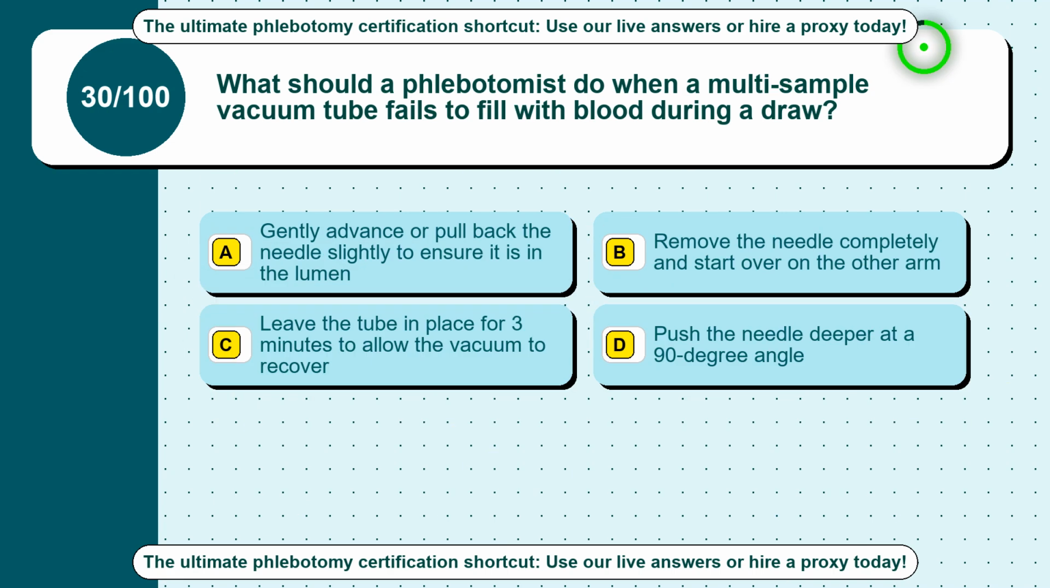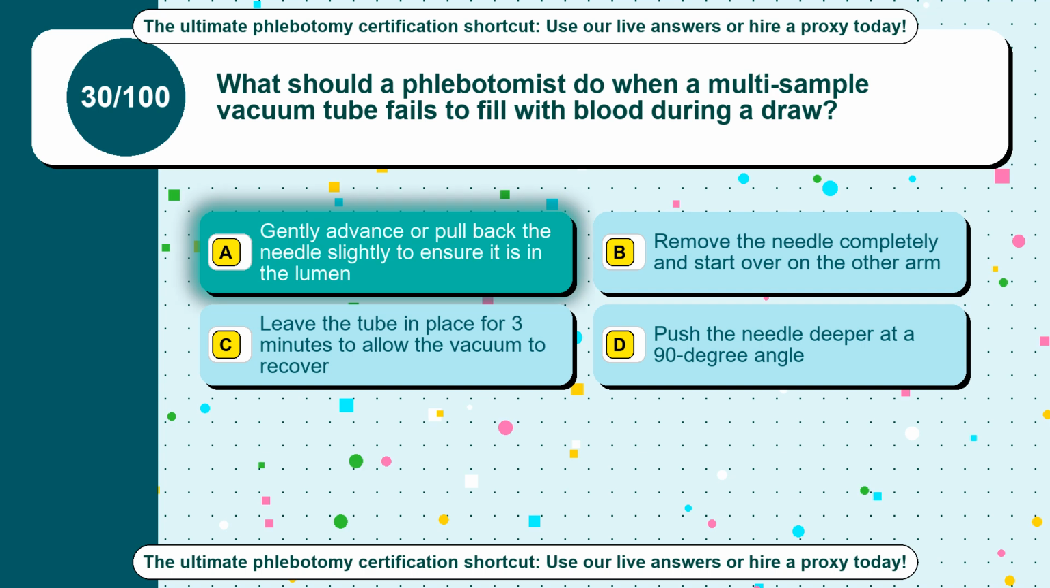Question 30. What should a phlebotomist do when a multisample vacuum tube fails to fill with blood during a draw? Option A, gently advance or pull back the needle slightly to ensure it is in the lumen. Option B, remove the needle completely and start over on the other arm. Option C, leave the tube in place for 3 minutes to allow the vacuum to recover. Option D, push the needle deeper at a 90-degree angle. The correct answer is option A, gently advance or pull back the needle slightly to ensure it is in the